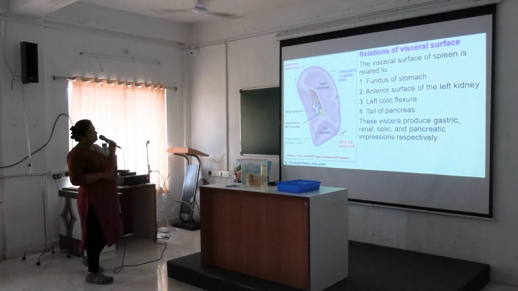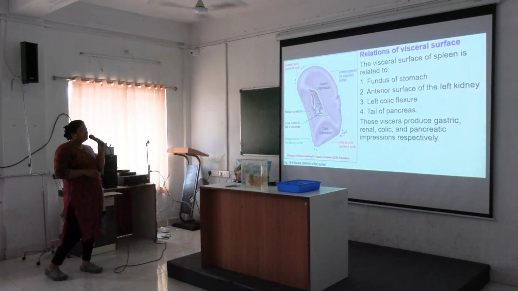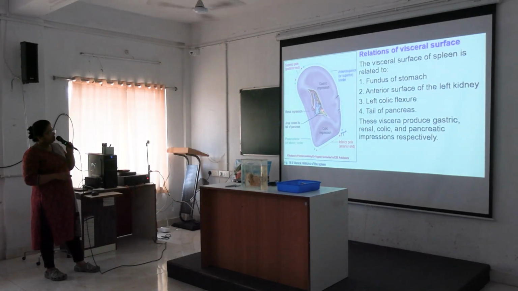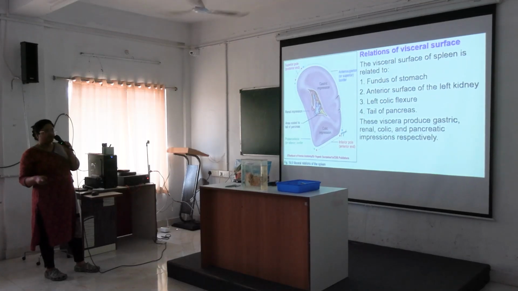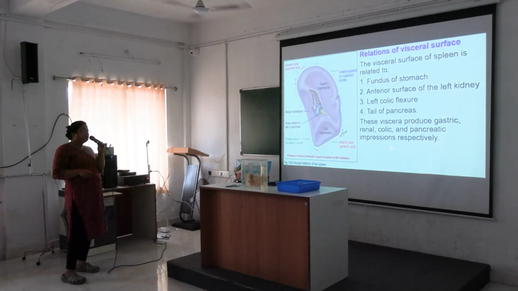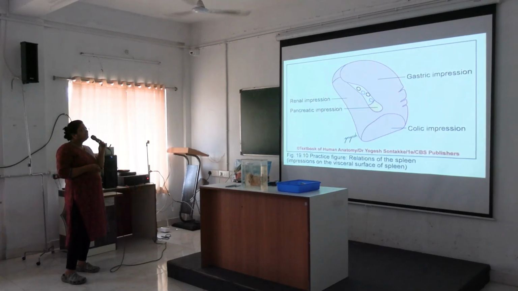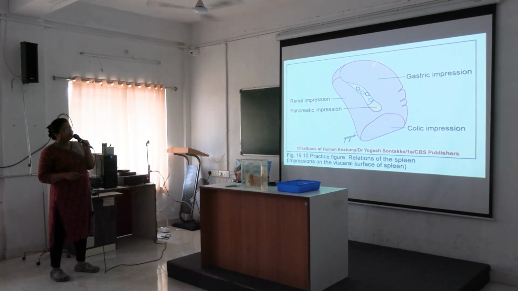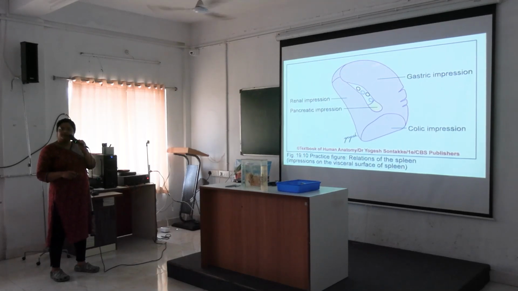Left colic flexure. This is the colic impression. Here lies the left colic flexure. Tail of the pancreas, this area near the hilum comes in contact with the tail of the pancreas. These viscera produce gastric, renal, colic and pancreatic impressions respectively. So like this diagram, you can practice gastric impression, colic impression, renal impression, pancreatic impression, hilum,